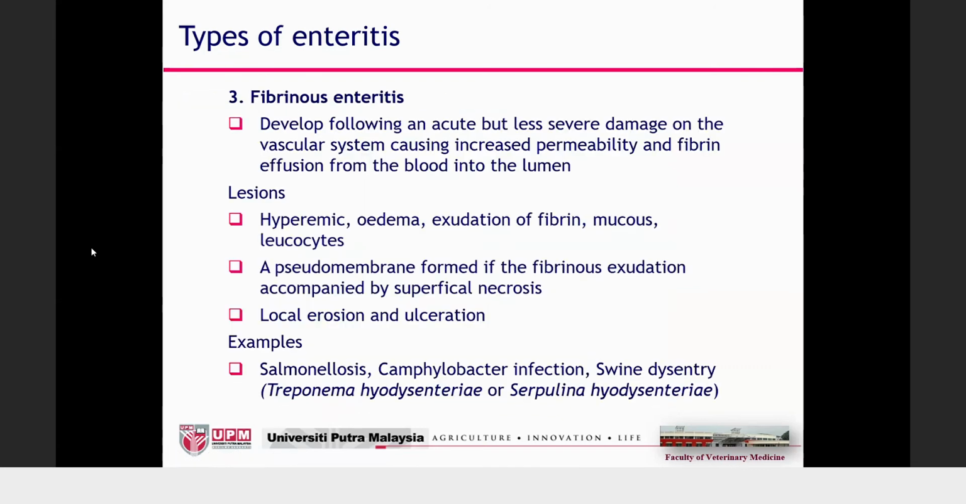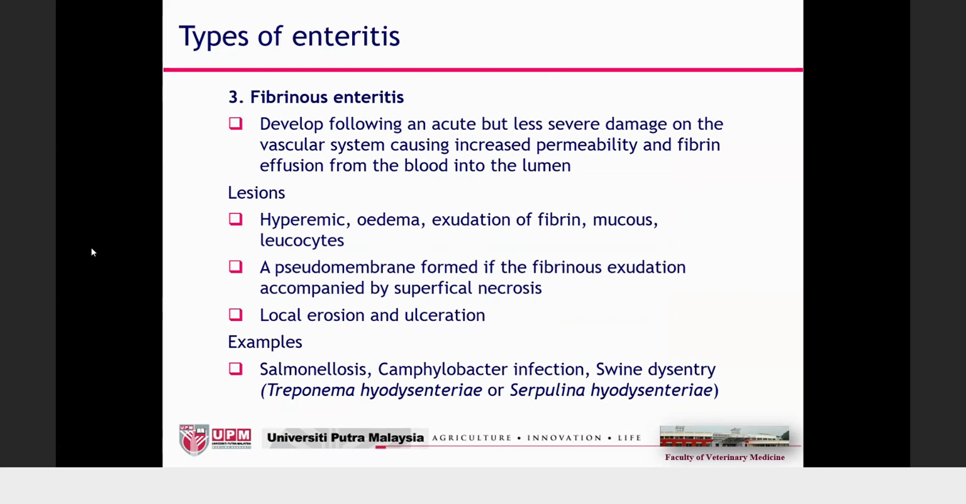And then we have what we call fibrinous enteritis, which we do not really discuss so much on the stomatitis, but this one they got fibrinous enteritis. But the involvement also involved with the blood vessel. I mean, in cases of hemorrhagic enteritis, when you say hemorrhage, there's a rupture of blood vessel. Hemorrhage must be a ruptured blood vessel. So the hemorrhage there. But in this case, because the fibrinous enteritis developed following an acute but less damage of the vascular system,